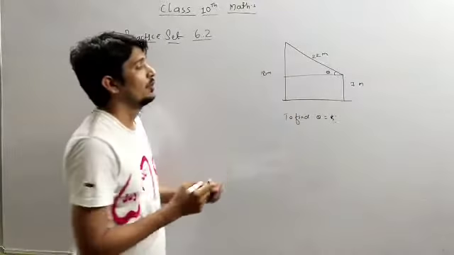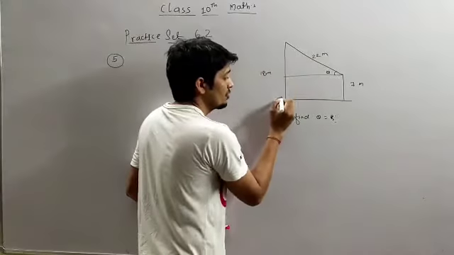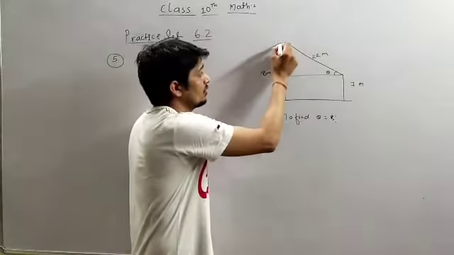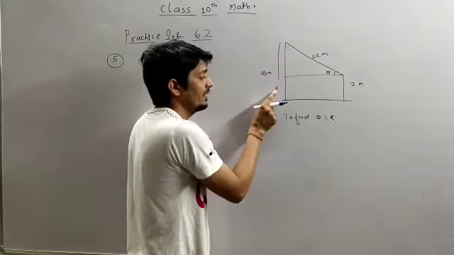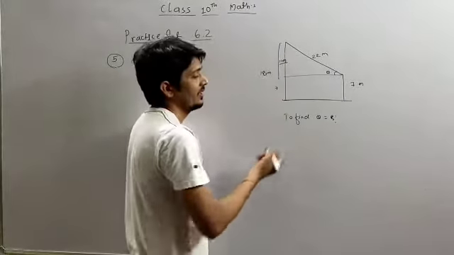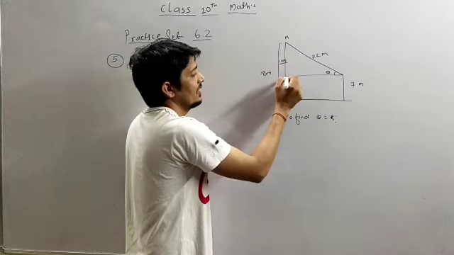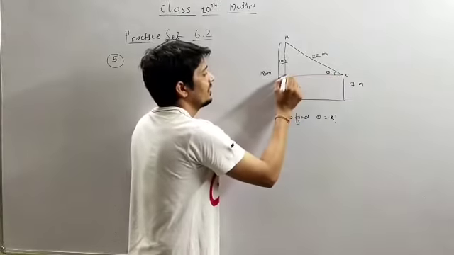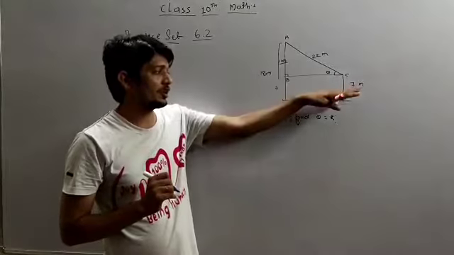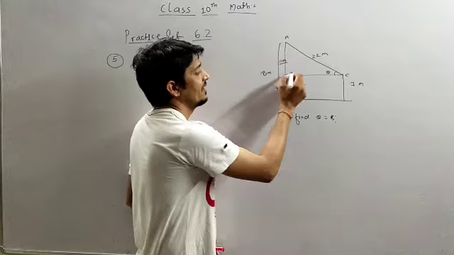So we have to consider this. This is 7 meter, so this portion will again be 7 meter. So this portion will be 18 minus 7, that means 11 meter. This is an angle. Suppose this is triangle A, B and C. This angle B is 90 degree because this horizontal portion is perpendicular to the pole.